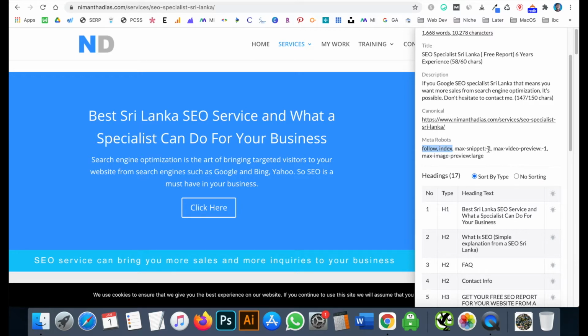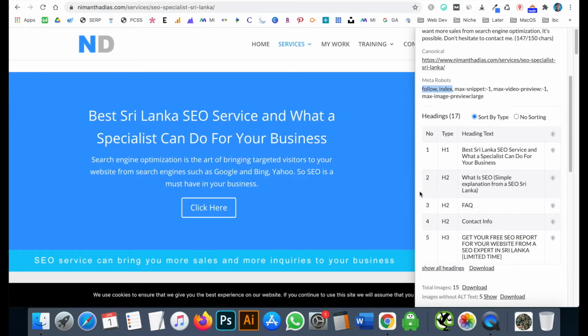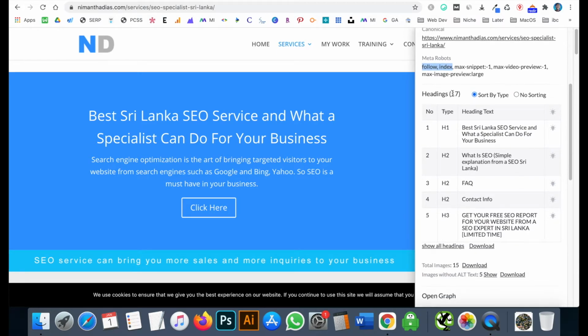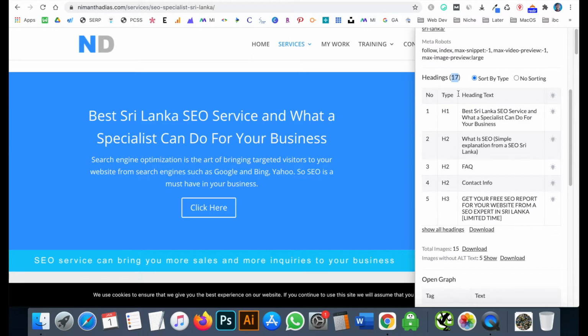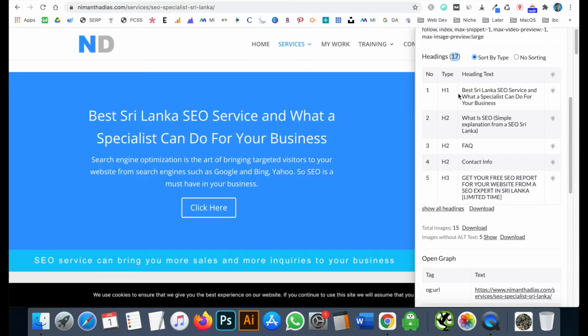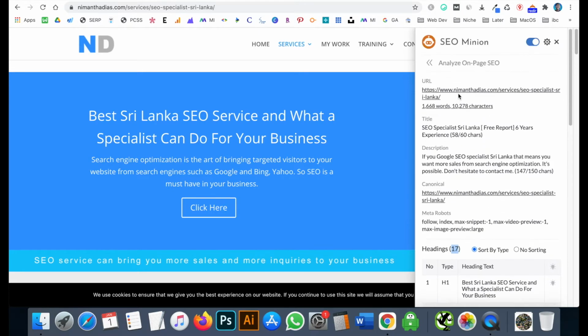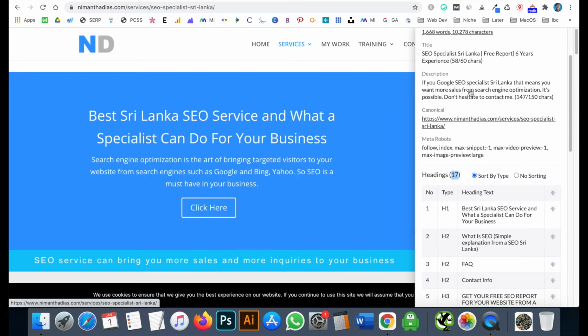And there are a few features as well. And then there are headings, right? There are 17 headings. Headings are so important as well, right? That's one of the main factors of on-page SEO. That's a big signal. So the title is a big signal, and the URL is a good signal, right?